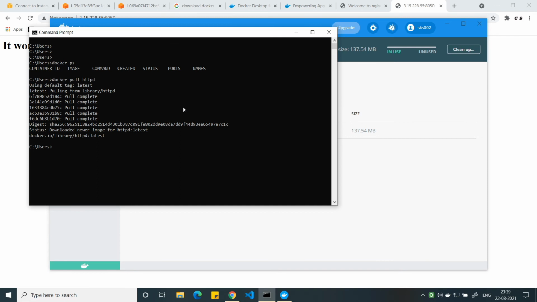And also some basic commands which you should know. Docker ps, docker rmi, docker prune, docker volume, docker network, mounts. You should know about these commands here. Now if I do docker images here, I would have an HTTPD image. Now let's run this image on 8080, I think.